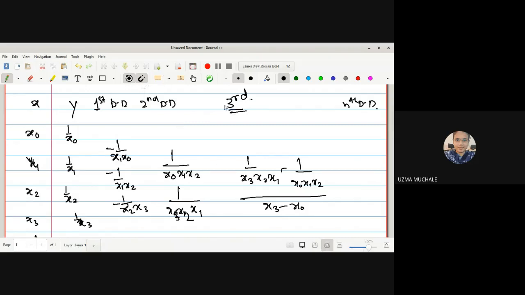So we can get it as it is third order, it will be with negative sign. Now can anyone tell me what will be the general formula for this one? And the divided difference. Minus 1 raised to n upon x naught, x1, x2, up to so on, xn plus 1.